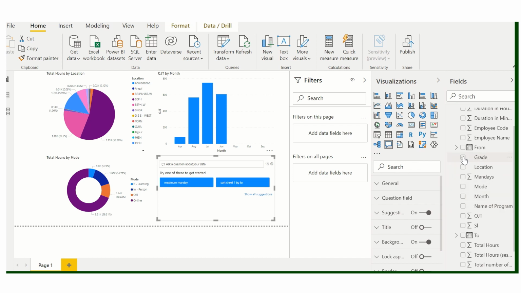Suppose we want to see which grade, in which month, how many total hours of training. So month wise, mode of training, total hours.